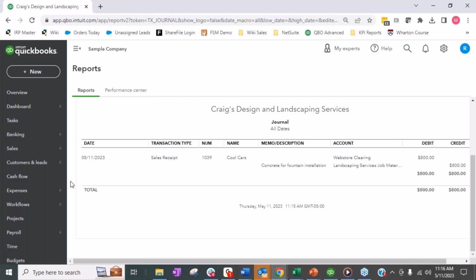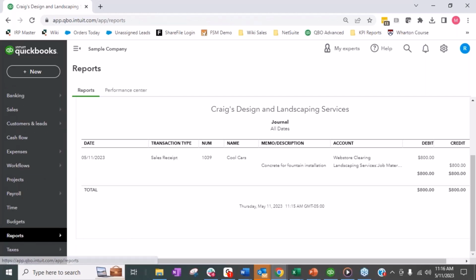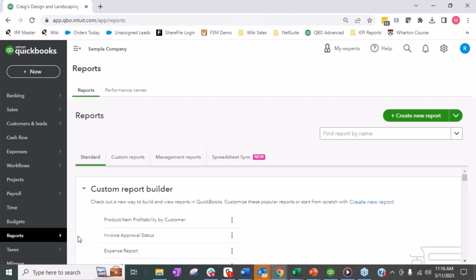So first I'm going to create a report though, because it's always important to start with reports. So if we go into our report section, reports should tell us what we can reconcile. If we go into our report section here,